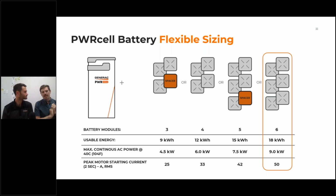With our system, these two came from the exact same place. The same engineers made them. They can speak together and operate in a much more elegant fashion. If the battery's topped off or nearing topped off, it can just throttle down the amount of power being produced